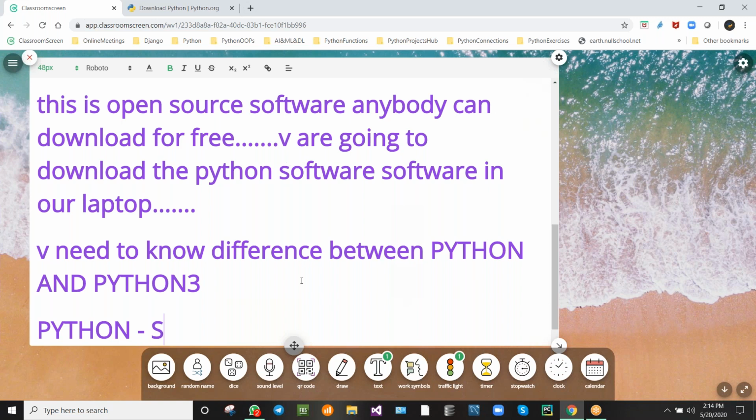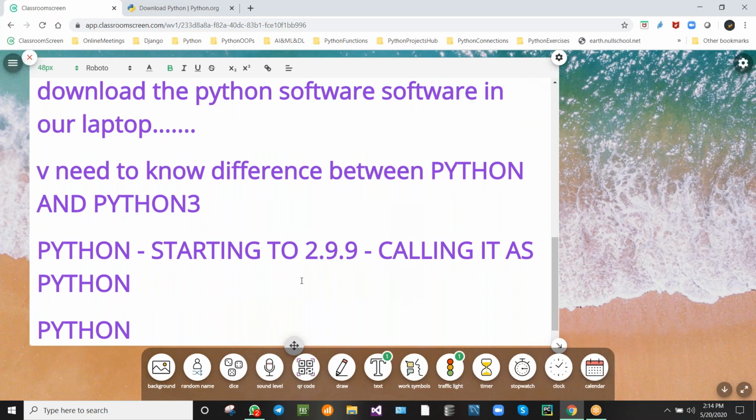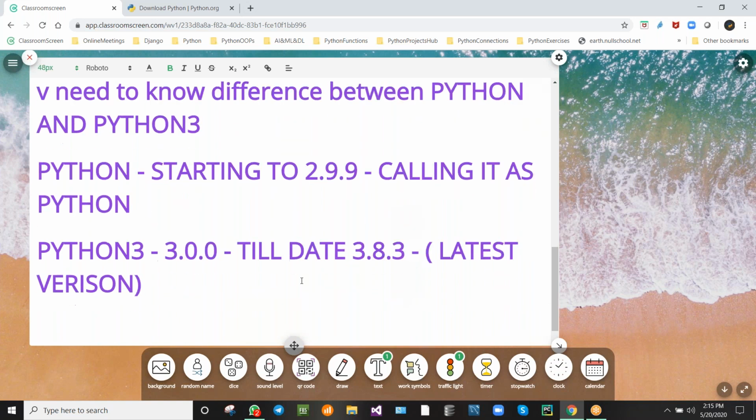What is the difference? Python 2 is the starting version, up to 2.9.9. We will be calling it Python. And Python 3 is the latest version, from 3.0 till date. What is the latest version right now? 3.8.3 is the latest version, isn't it? So this is the difference.